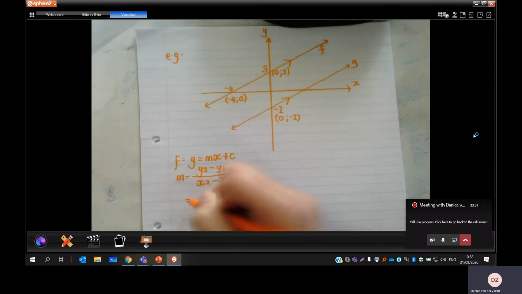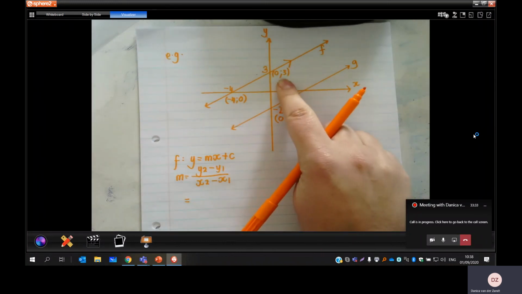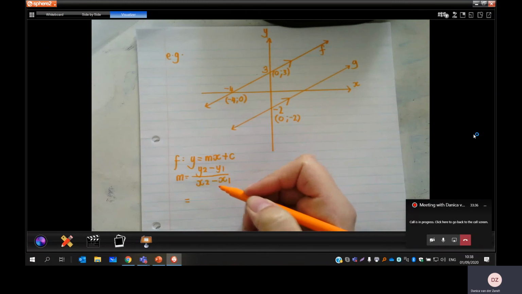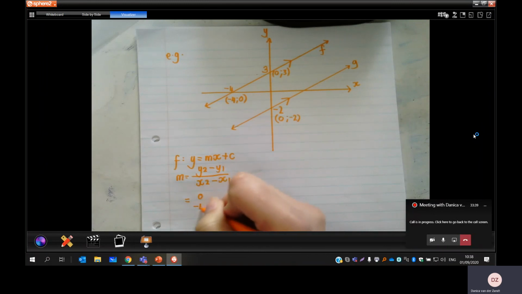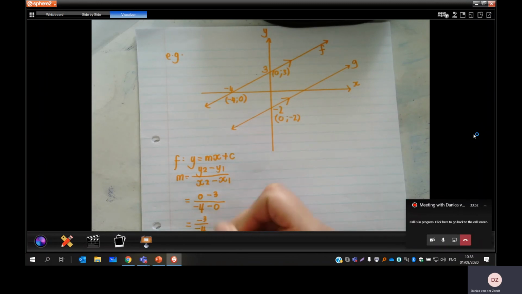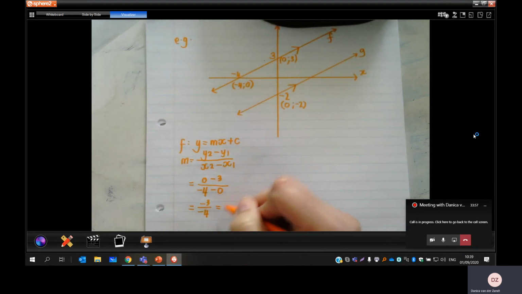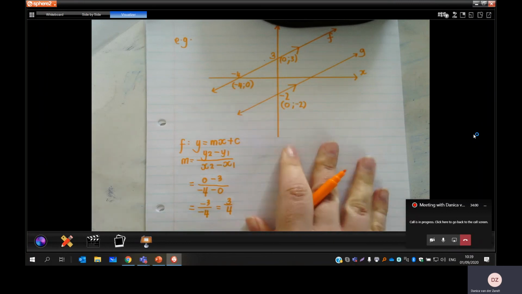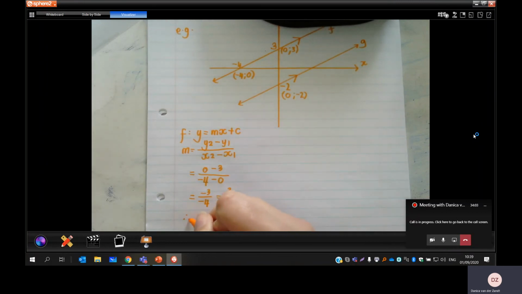The 2 points that I'll use are minus 4 and 0, and 0 and 3. So I'm going to have 0 and minus 4, and then the y is 3 minus 0. So I would have negative 3 over negative 4, which is positive 3 over 4. I'm just going to write next to it. So my gradient is positive 3 over 4, so I can update y equals positive 3 over 4x plus